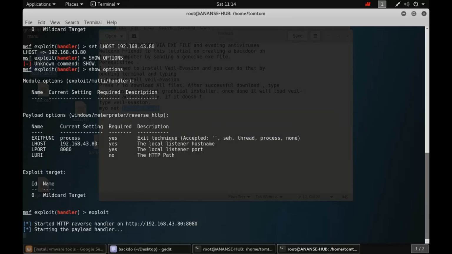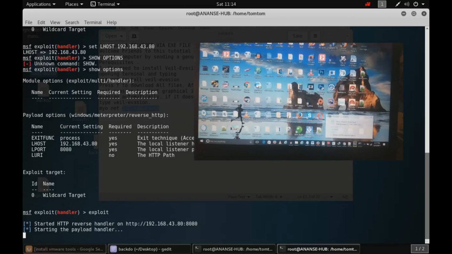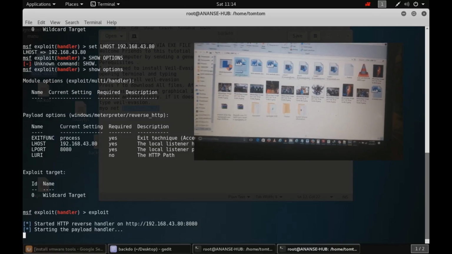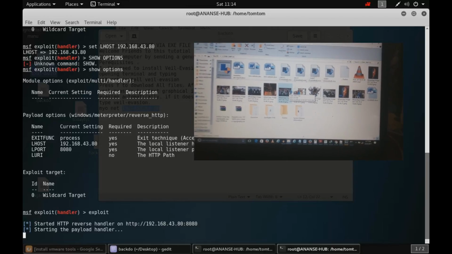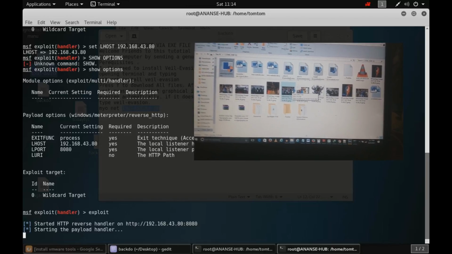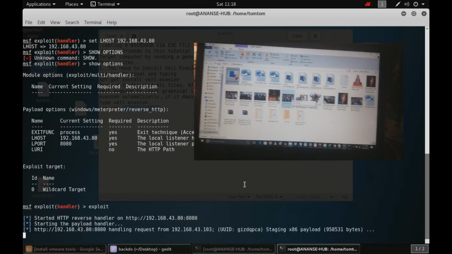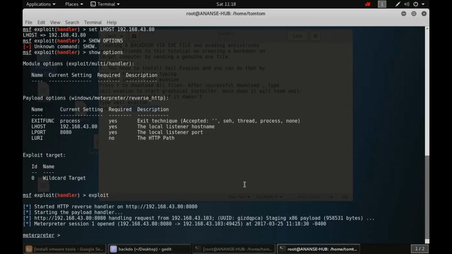I'm going to switch over and show you my desktop, which is actually the victim's machine. We try to run the backdoor as though it was a file downloaded from the internet. Once I run that, as you can see, the victim just ran the exe and I have a connection here. My meterpreter session has been established. The antivirus program couldn't detect it, so I can go ahead and do something like